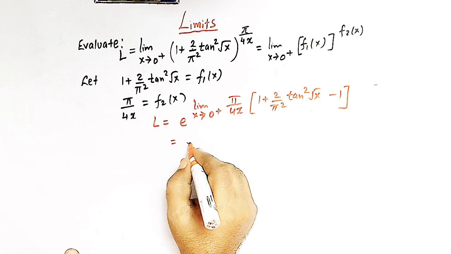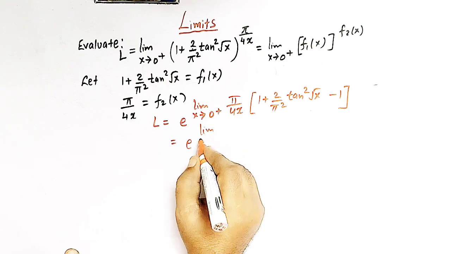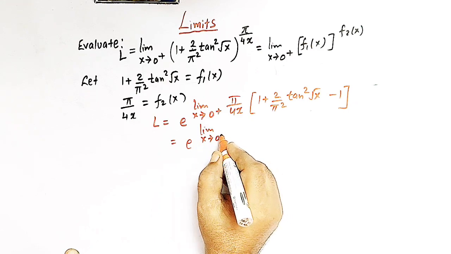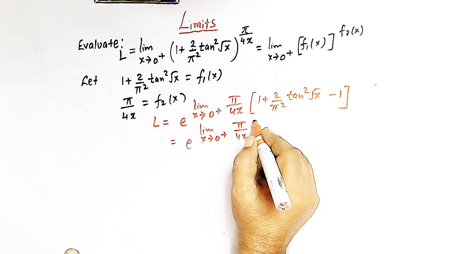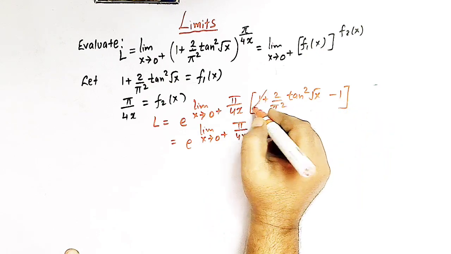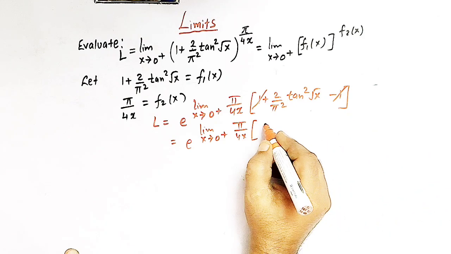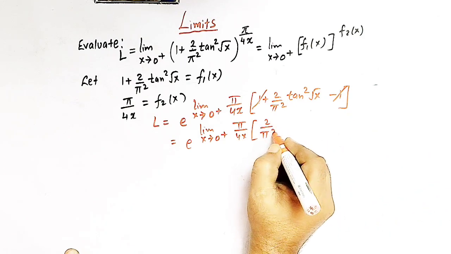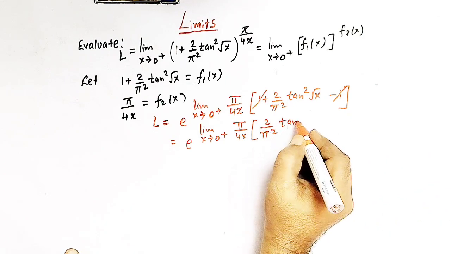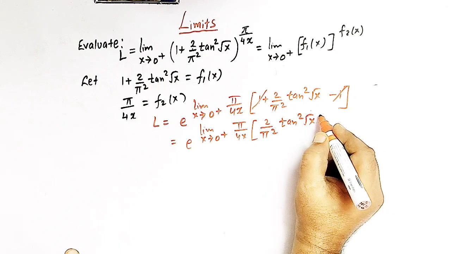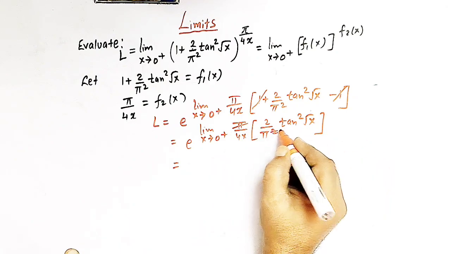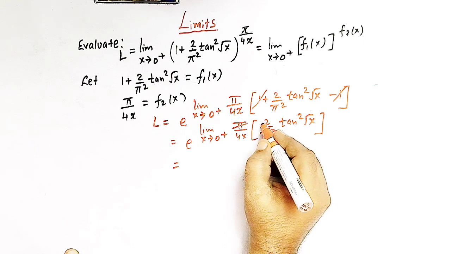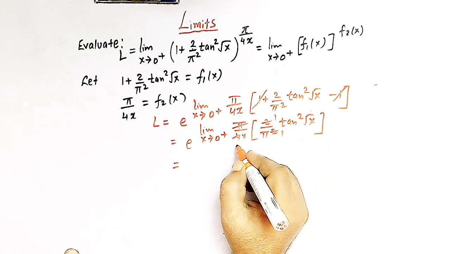So now we have e raised to limit x tends to 0 positive, and here we have pi over 4x, and now we can cancel this one with this one, so we have 2 over pi square tan square root of x, right? Now this pi and this pi get cancelled, and here we have 1, here we have 2,